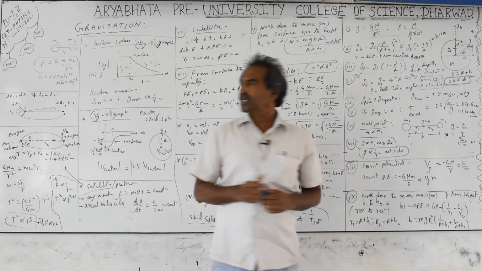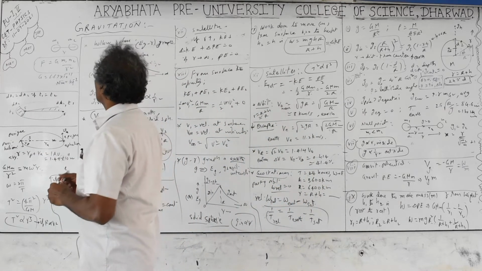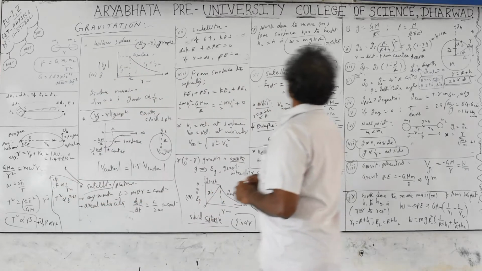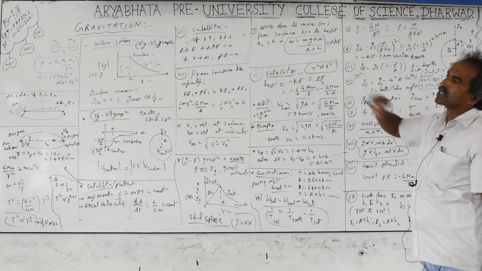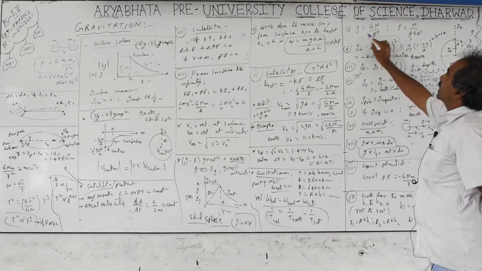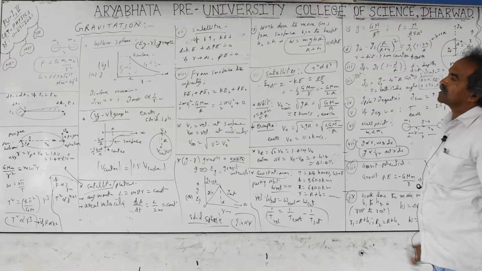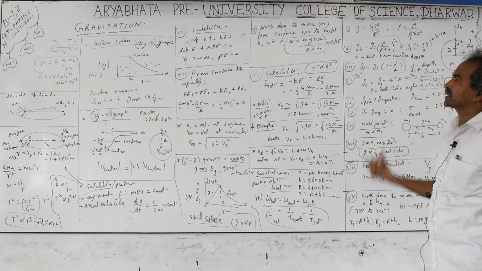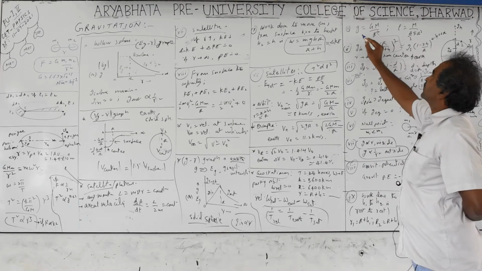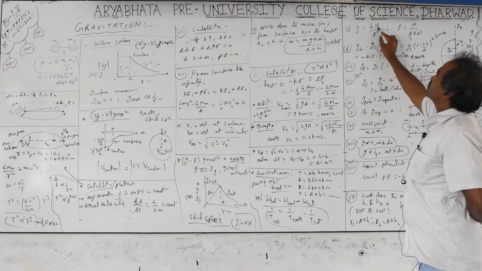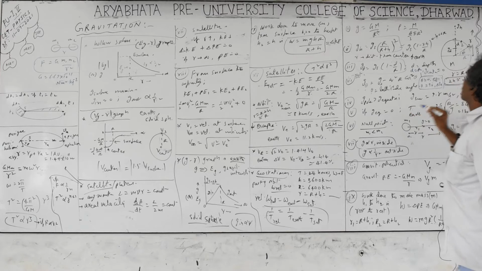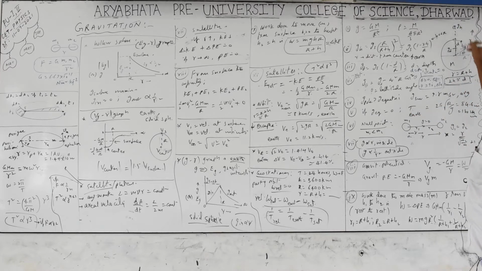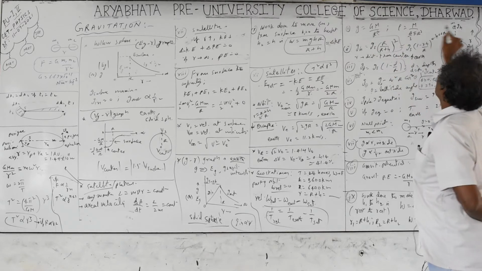Next, the relation between capital G and small g, the acceleration due to gravity on the planets. Capital G is the gravitational constant, called the universal gravitational constant, and small g is the acceleration produced by the attraction of the planet towards its center, that is, acceleration due to gravity. g equals GM by r square, where M is the mass of the planet. So two objects are taken, one a small object, another the earth itself, small m and capital M. This acceleration due to gravity g is independent of the object you are taking.